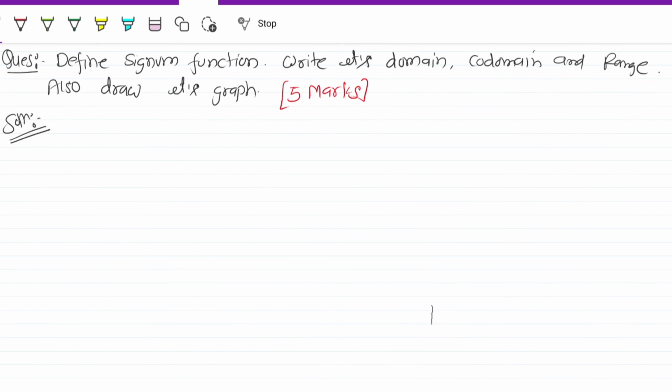Next, this is also very important. Define the Signum function, write its domain, codomain and range, and also draw its graph. So first of all, let's write the definition of the Signum function. So what is the definition? A function f from R to R defined by